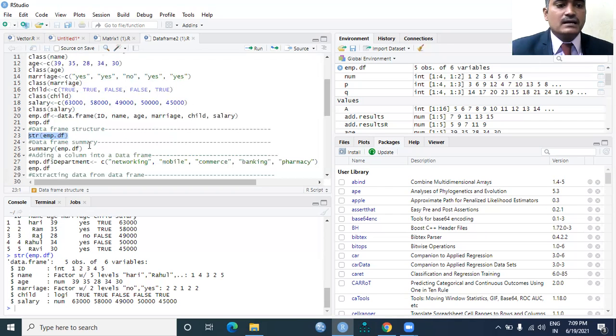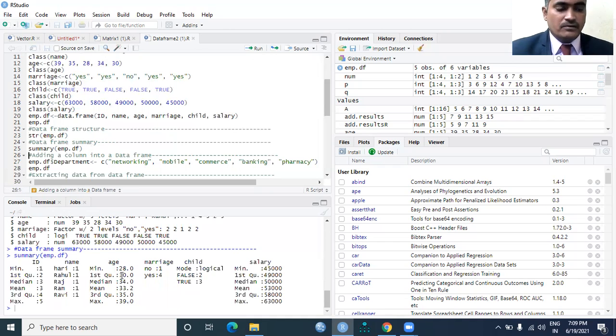Now I want to check the summary of the employee data frame. Now you can see the summary of the employee data frame.